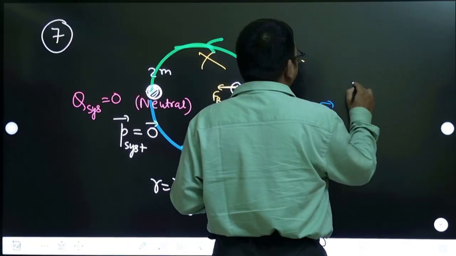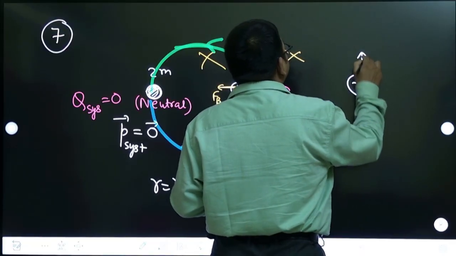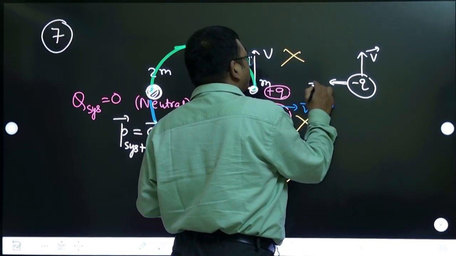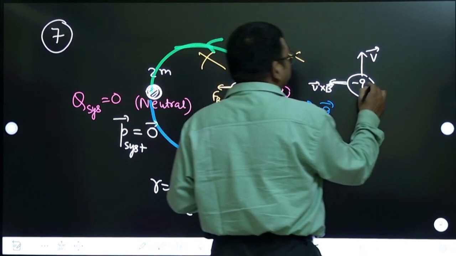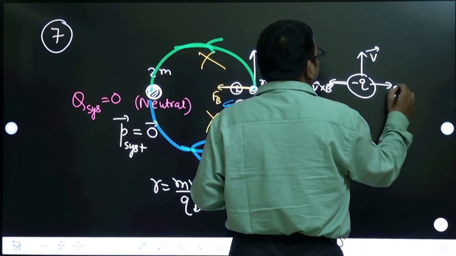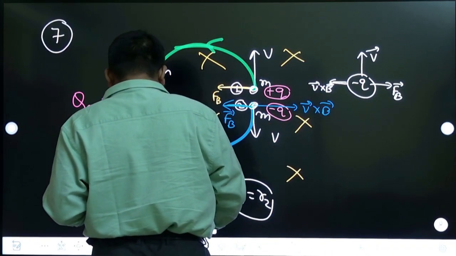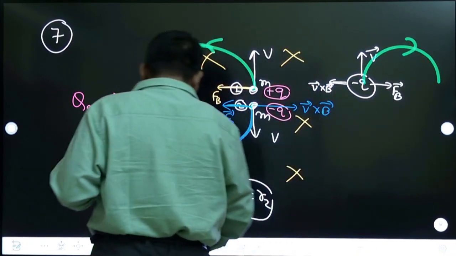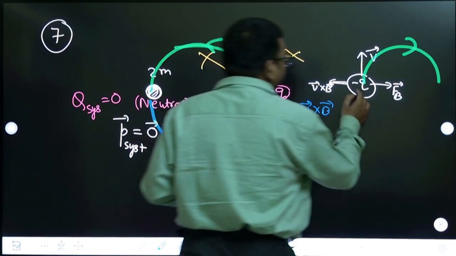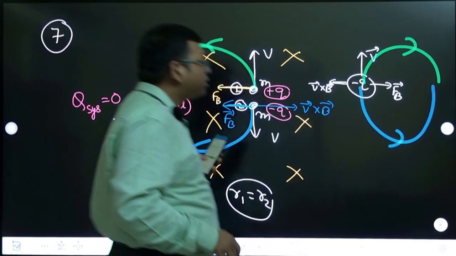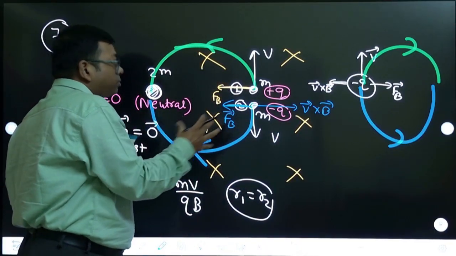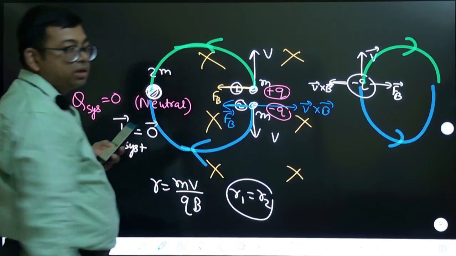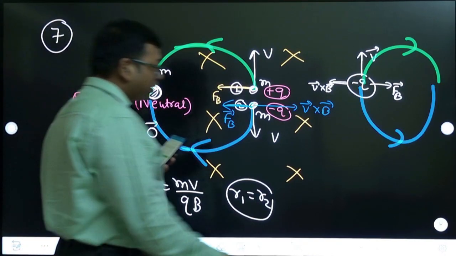Suppose if I choose upward is negative and it is going this way, right? So v cross b direction will be this way, but force has to act in this direction, right? Opposite. So now you will see that this particle has to go like this and the other particle has to go like this. This diagram that they have given in the question, both are possibilities. But the circle will be one circle, two circles is not possible. So option A is correct. Fine, let us move to the next